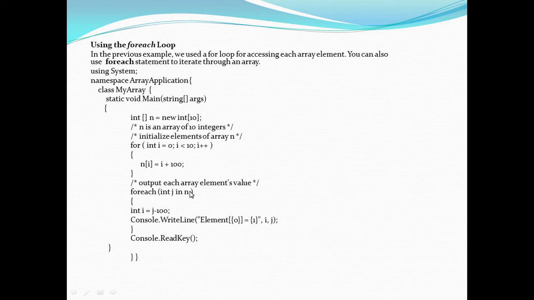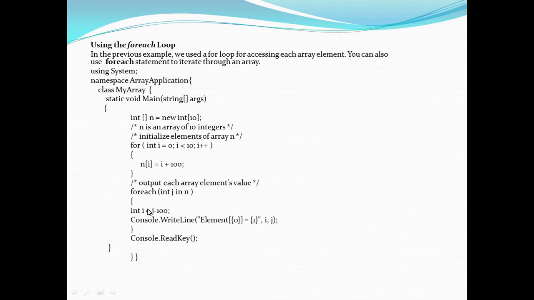In the first case, it will start from the first element and move up to the last element of the array. So in this case, j will be n[0] in the first case. So its value is 100. 100 minus 100, 0. 0 will be the value of i. And here when we are going to print it, then the ith value is 0. So 0 will be printed at the 0 argument place, and at the place of 1, j means n[0] will be printed, or n[0] is 100. And in the next